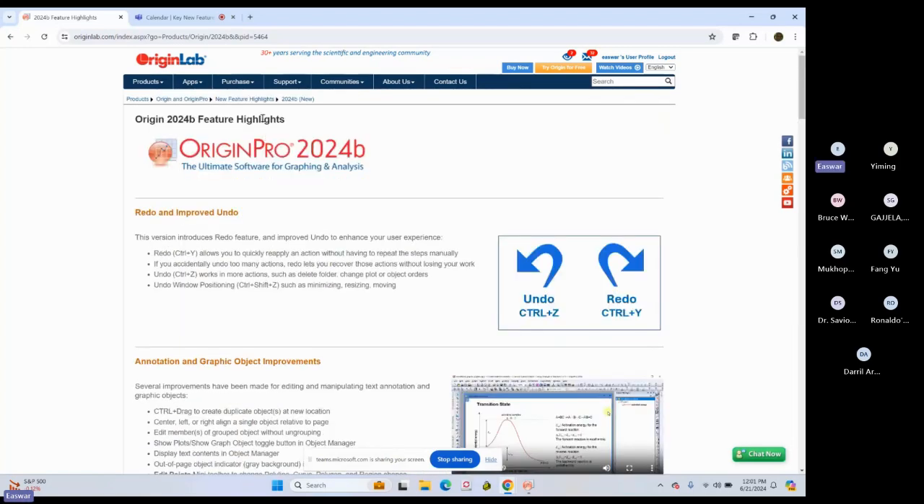Also, if you look further up on the page, you will see that if I hover my mouse on the new feature highlights text here, I can see highlights for all of the past versions. So if you're using a rather old version of Origin, you could come back and look to see what's new